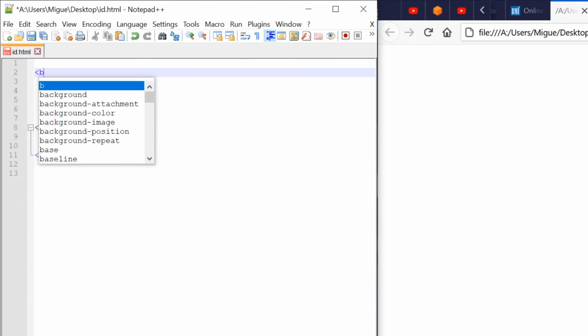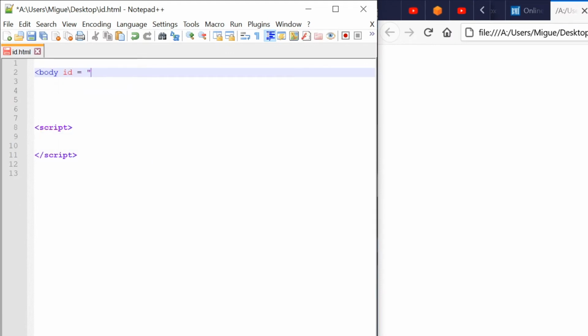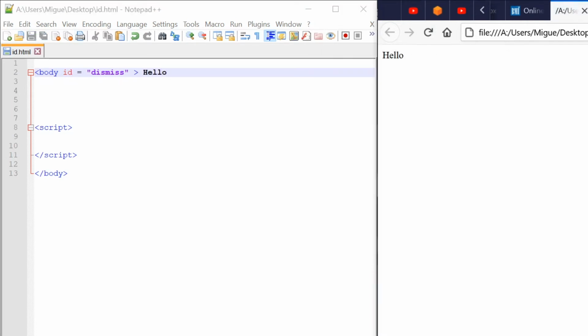Today we're going over three concepts: the ID tag, the .getElementById built-in function, and the .innerHTML function. We'll first set up some HTML code here so that it prints hello on the web page. If you're curious about the HTML code, I linked it to the top right of this video. Now we'll type